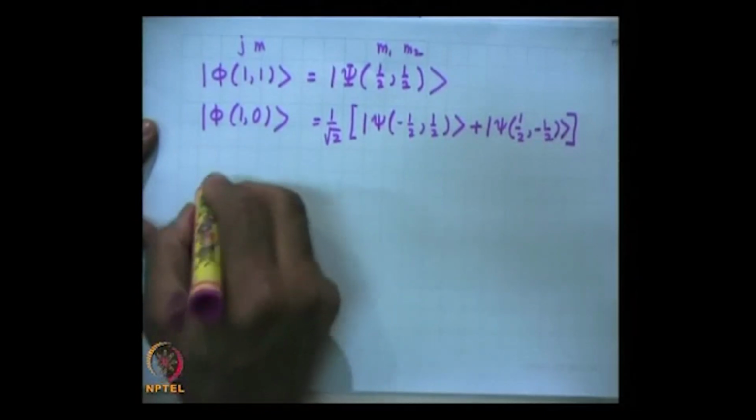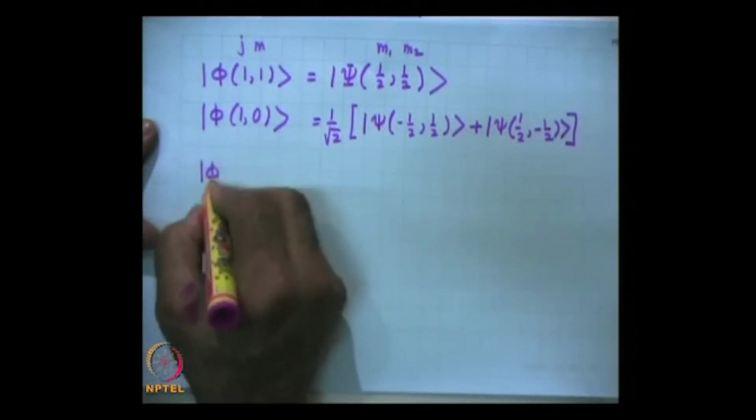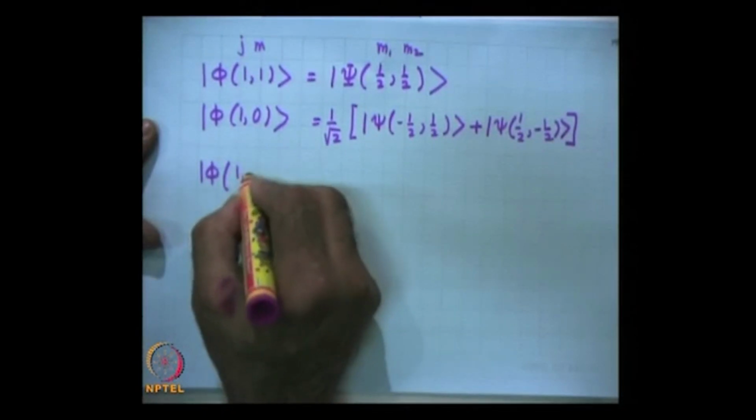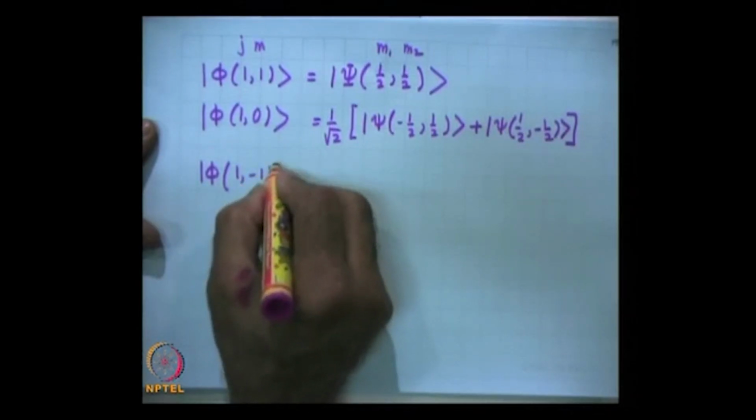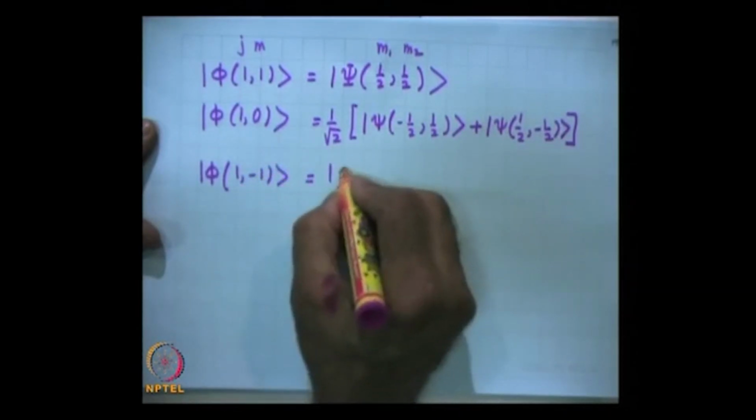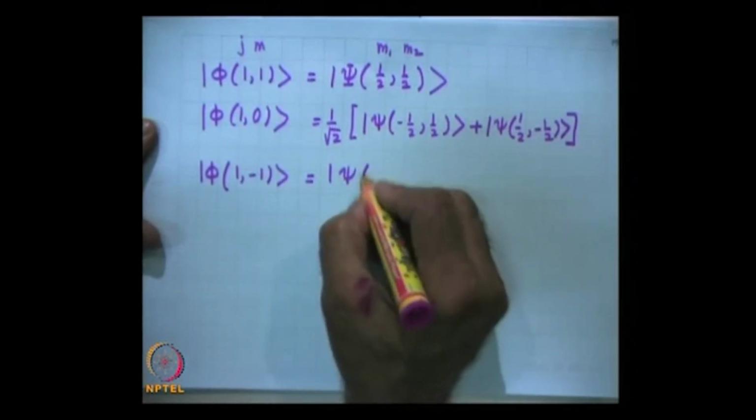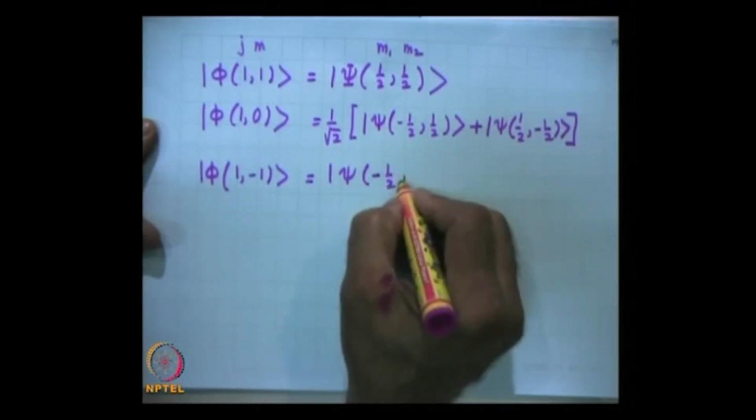Let me leave some space, and then this is phi 1, minus 1, this will be psi minus half, minus half,